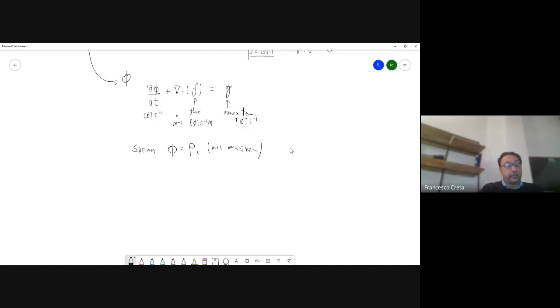And we're going to write very soon a general conservation equation for a single species, I, okay? So how do we write this? Well,